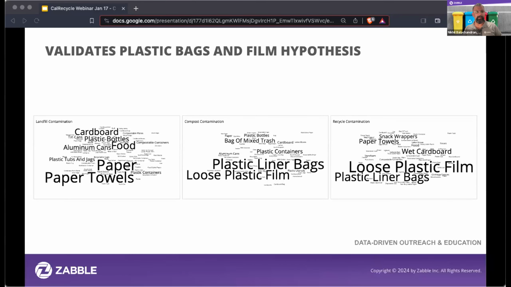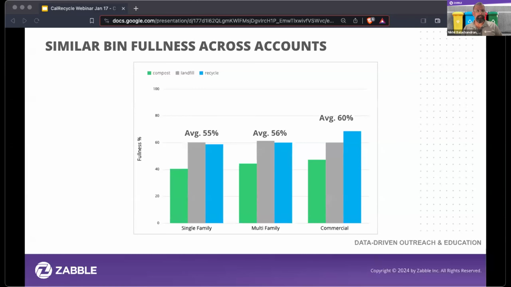And then we did a similar analysis for how full bins were across the generator types, to see if capacity was matched during collection. Typically the bin fullness, as you can see, was between 50 and 60% throughout, but the organics bins were slightly lower. This was right before collection, so it's a really good indicator of how full the bins were. And so it gives you an insight into how you can adjust the service levels, or when you go out and speak with customers, you have a sense for how the generator types are performing.